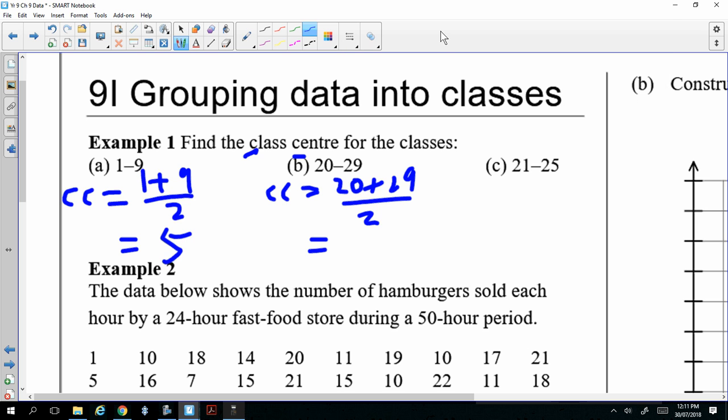24.5, good. All right, very good. So how about the next one? See if you can work out without calculator. What's the next one? Done. Okay, so what we're going to do is,